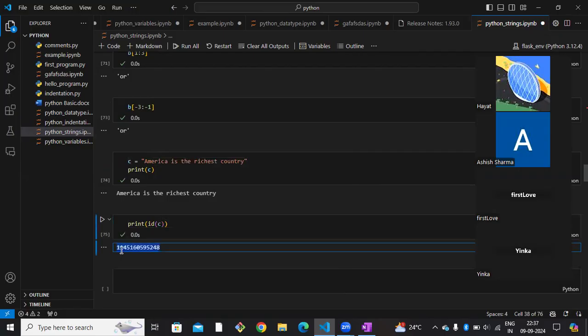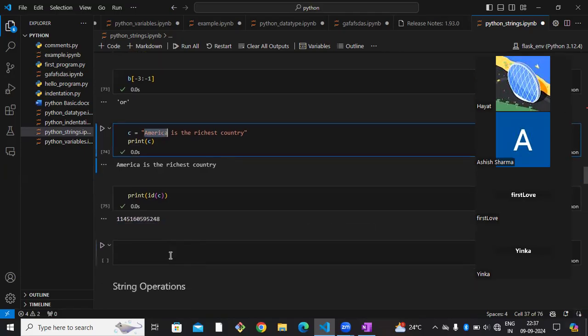See, this is the memory address of this particular variable. If I want to change the string, this memory address is going to change. But we cannot do any sort of modification here. Okay, it can't be changed. Keep this in mind: numeric types and